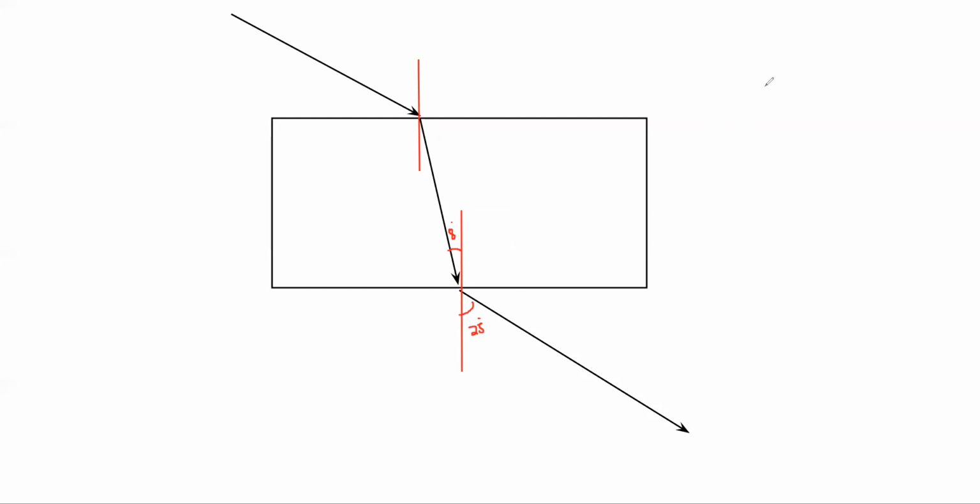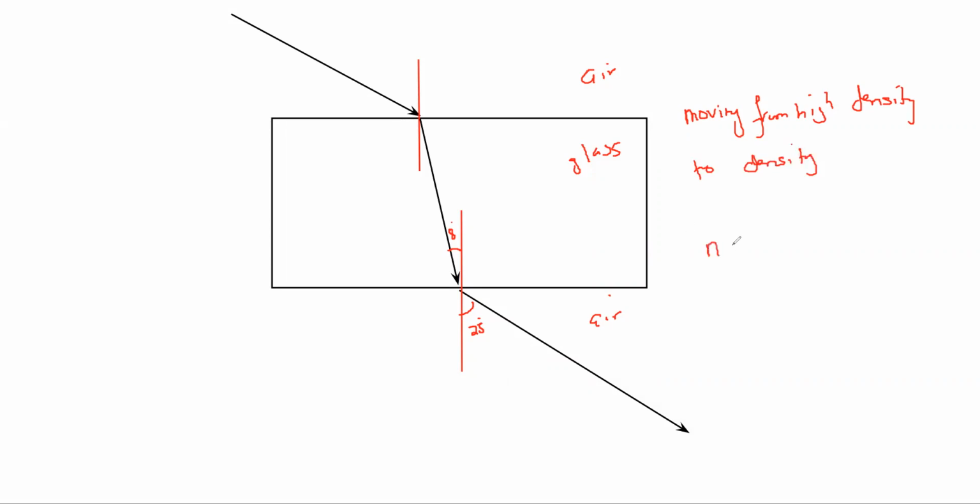This one is air, then glass, and then air again. So when it is moving from high density to low density,